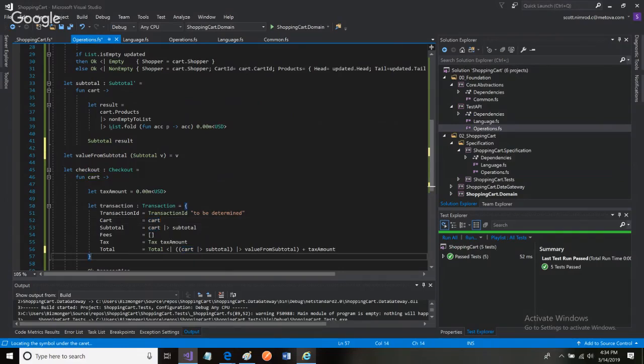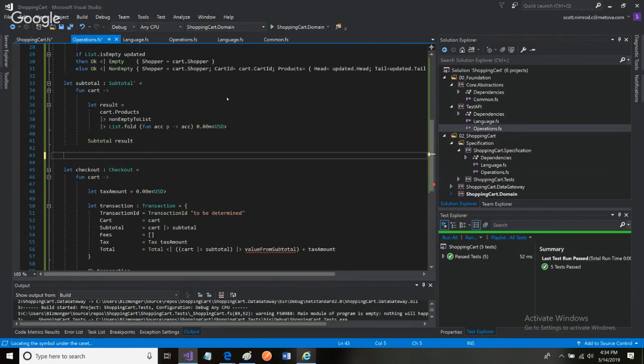Can this be done differently? No, I'm leaving it. Okay. So now what? There's a couple things, right? Offer up value from subtotal. That can be